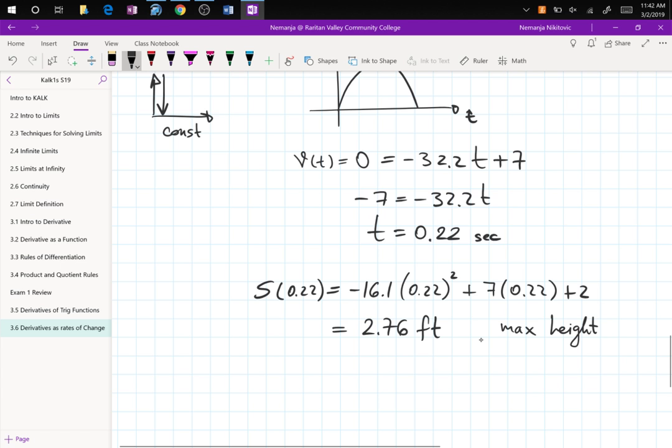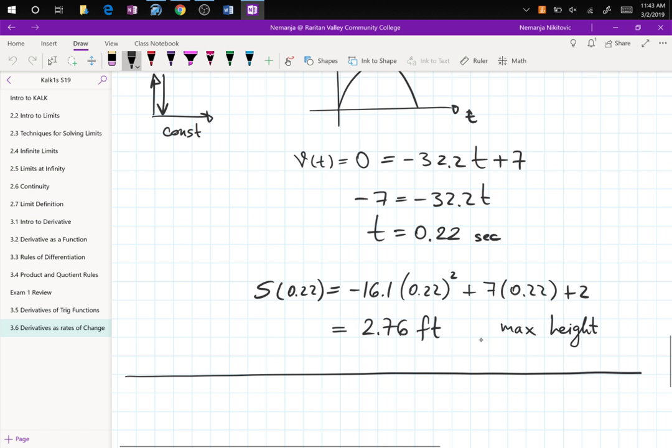So you can calculate maximum height and the time at which maximum height occurs. You can calculate time of the trip and all of these other things. I mean, there are a lot of things that you can calculate, but obviously you will expand on this a lot in your physics class. If you take physics class, you should. It's fun. It's cool. We're going to move to another application of this, and that would be